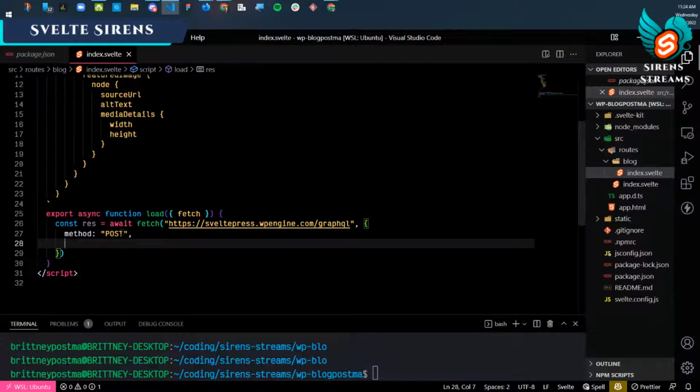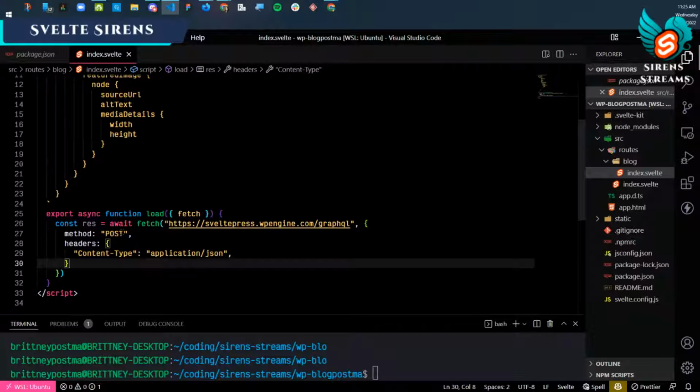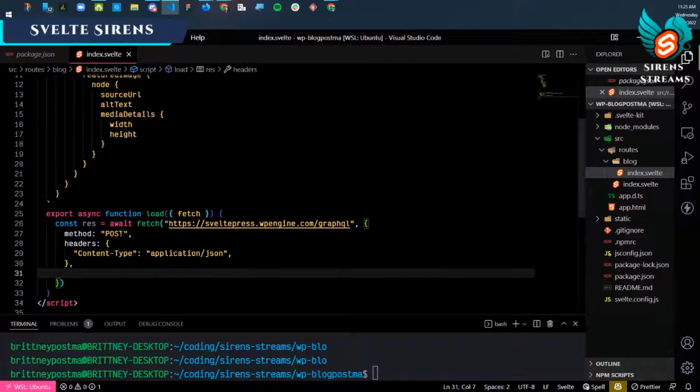We can do headers: and then some curlies. Yeah, and then in quotes, Content-Type with the capital T and capital C. Yep, you got it. And then application/json. Is JSON caps? No, it's lowercase. Okay, that looks good. All right, and then the last line, so comma here, and then the last line would be body: